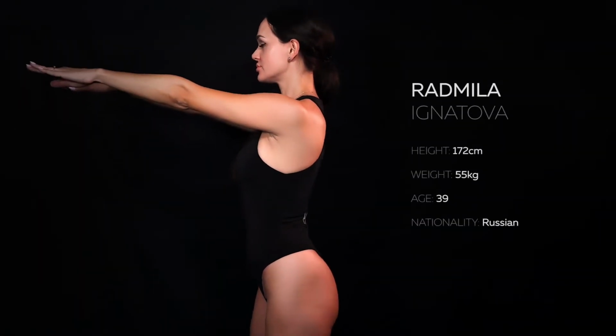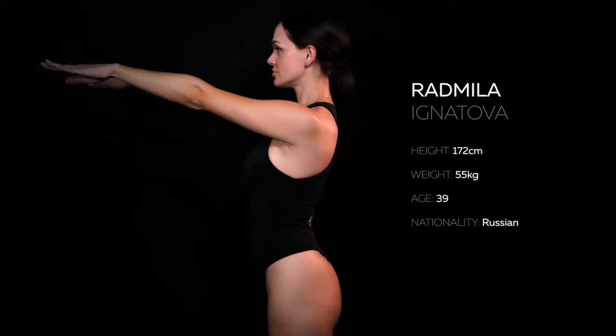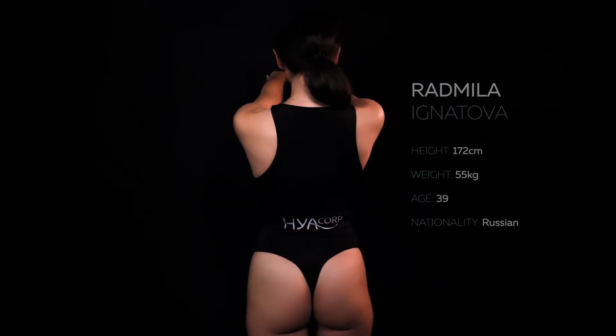Stefanelli, French plastic surgeon with a double practice in Dubai and Paris. Today I'd like to present you my lovely patient, Rada from Russia. Rada is 39 years old and we are going to perform on her a butt filler augmentation. As you can see, Miss Rada is a skinny patient. She's 172 centimeters for 55 kilograms and she has already a good shape, but regarding the butt, she aims to